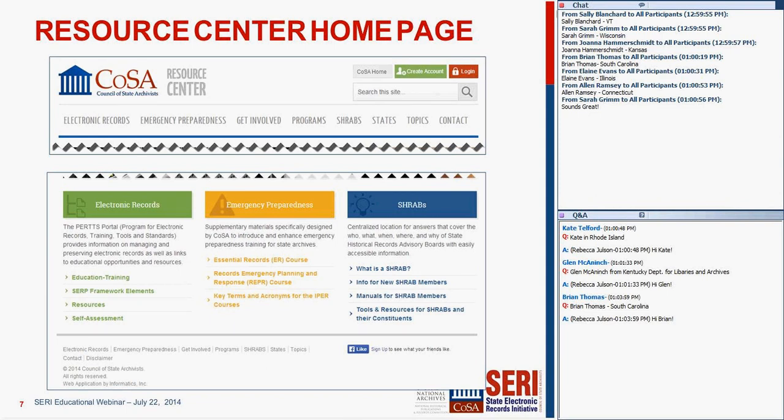The Resource Center has been included in this new Resource Center homepage. People were using the old Resource Center by going to that topic section or the state section and looking for specific resources on various topics. Those are included in here. So you can see the state section here or this topic section. Those drop-down lists would show you those old resources. What we're going to talk about today is a completely new aspect of